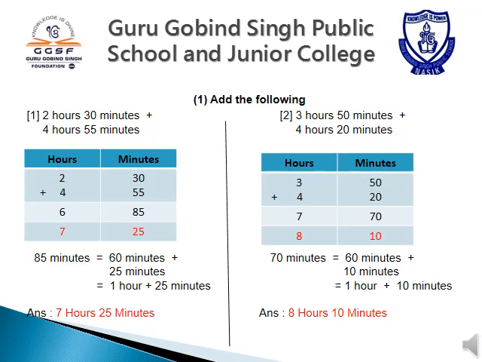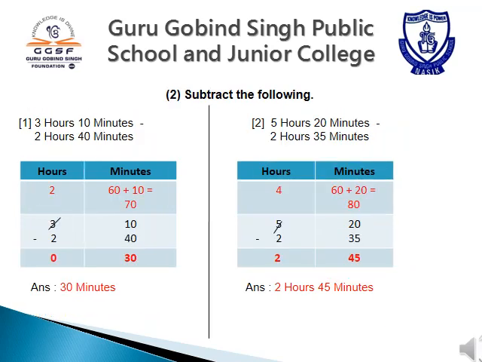Here first I have made the columns and put the numbers in that and done the addition as we are doing in whole numbers. The answer is 7 hours and 70 minutes. Again I have separated 60 minutes. When I have separated 60 minutes, only 10 minutes are remaining. So 60 minutes means 1 hour plus 10 minutes. That 1 hour I have added into 7 hours and it will become 8 hours, and 10 minutes I have written as it is. So 8 hours and 10 minutes is the answer of this sum. So like this we can do the addition on time measurement.